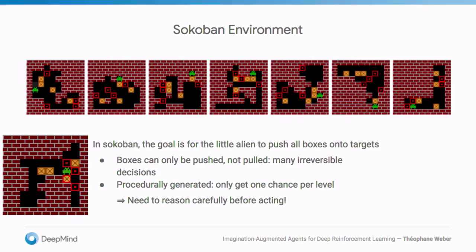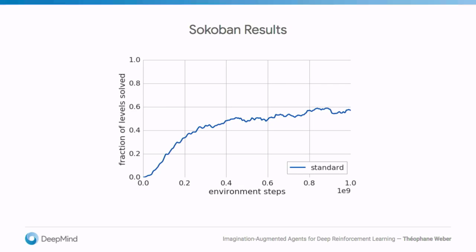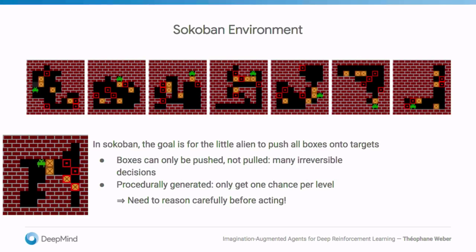So what do we get in terms of result? So first, this is giving you the curve for a model-free RL agent, which is a convolutional net trained with A2C. And it solves about 60% of levels after some training. It tends to be the easier ones. I should mention, the levels that we generate are of average difficulty. A human will solve all of them, but for some of them, at least I need to think a bit to find a solution.